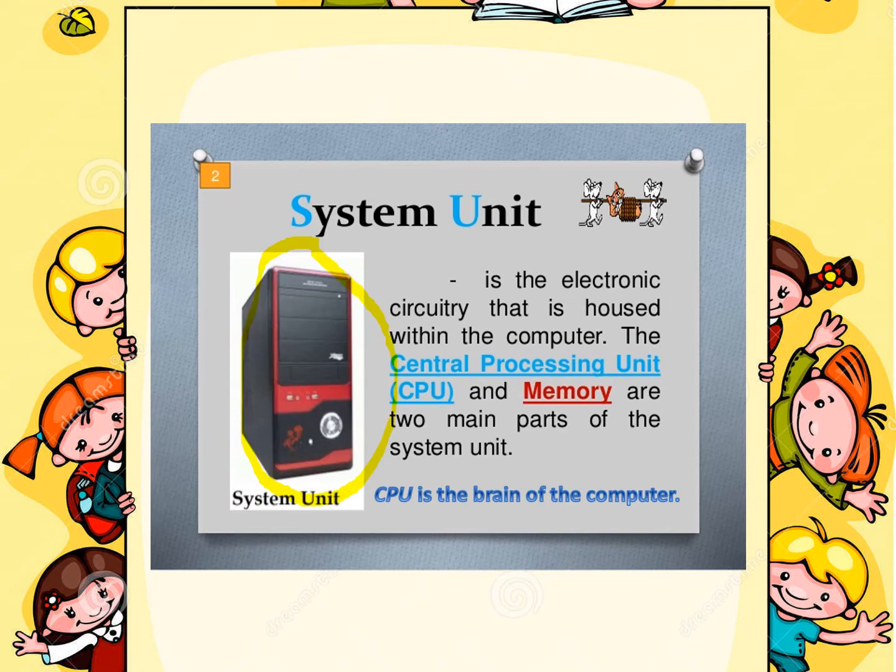When you're going to open this, you will see the CPU. Stands for Central Processing Unit, and also the memory are the two main parts of the system unit. Take note that CPU is the brain of the computer. So if the CPU or system unit is broken, of course you cannot use the computer because here is the